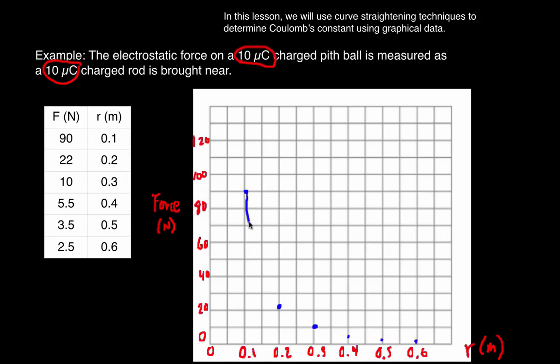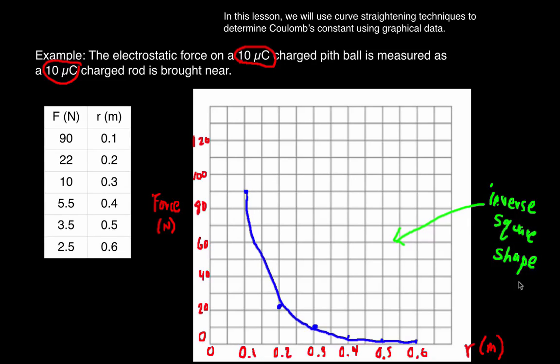When you connect the data points, we see a curve that drops down increasingly towards the x-axis. This graph demonstrates the inverse square shape. There's not much we can gain from this graph other than recognizing the shape of the formula, but we can